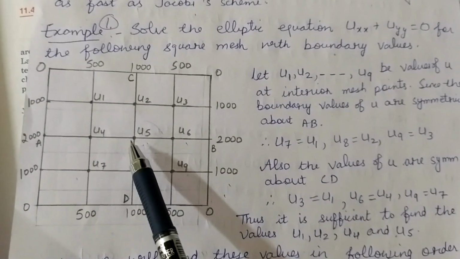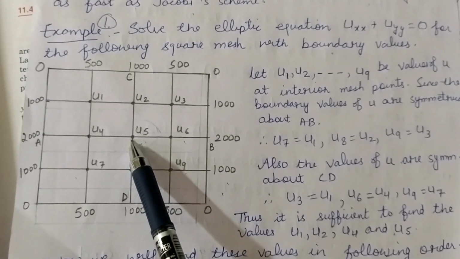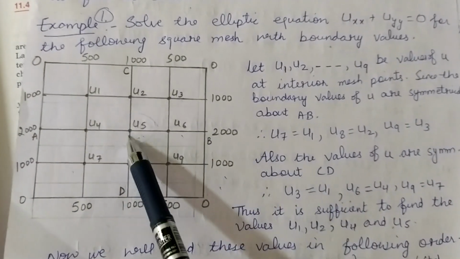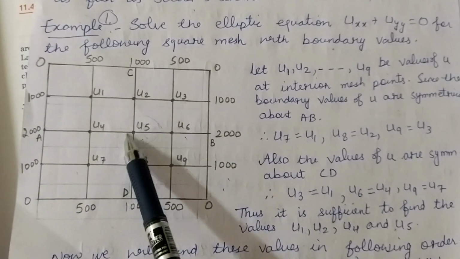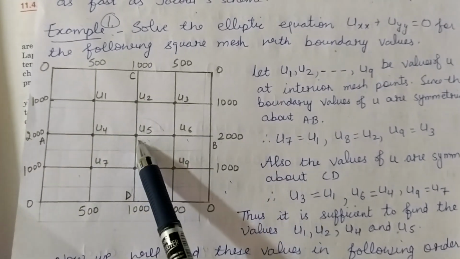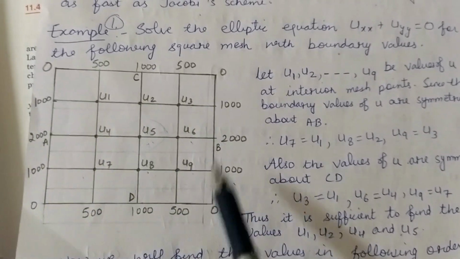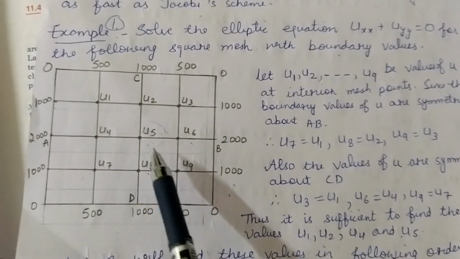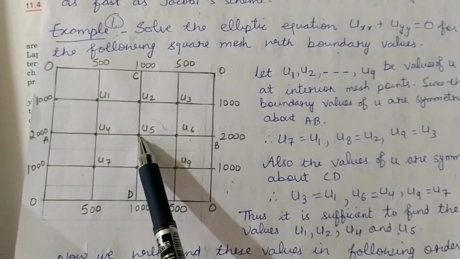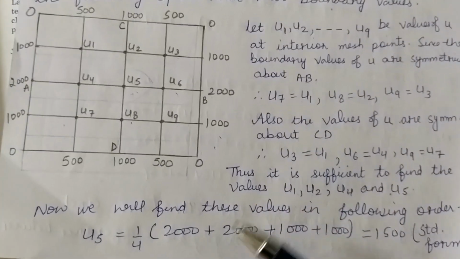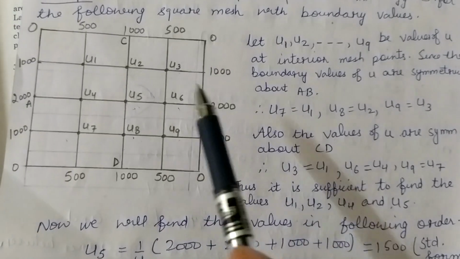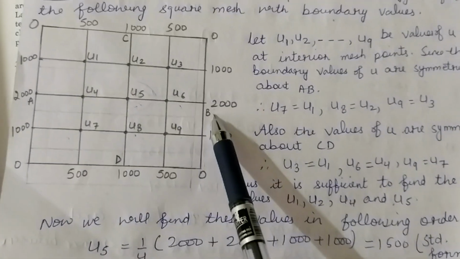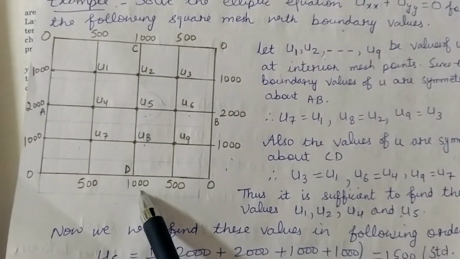So if I have to find out its value, so I can see that this 2000, this 1000, this 2000, this 1000, they all are at the same distance from this u5, and we also know that this is a square mesh, so they are equal, this is symmetrical. So u5 can be written equal to 1 by 4